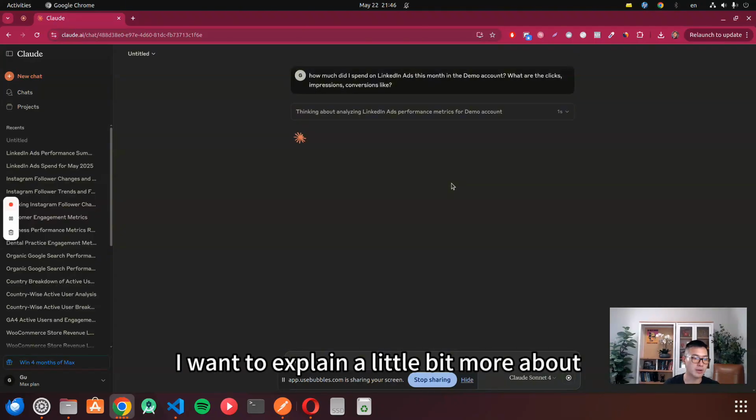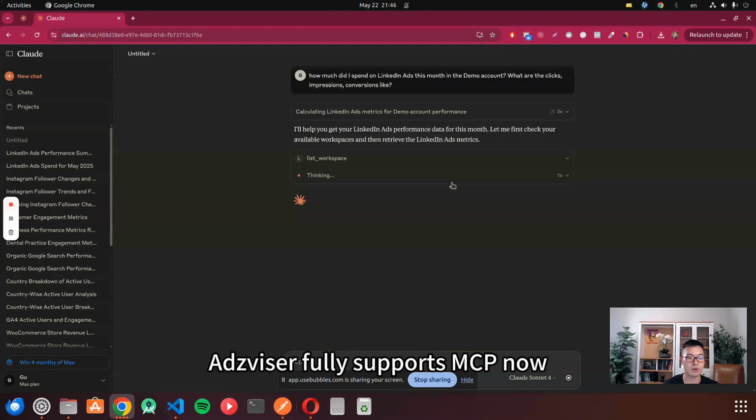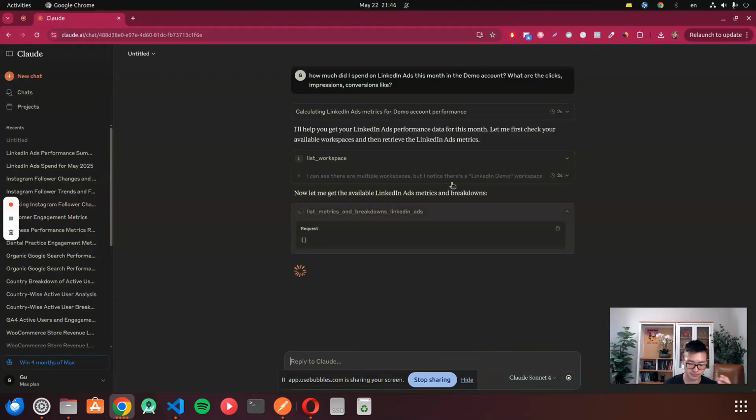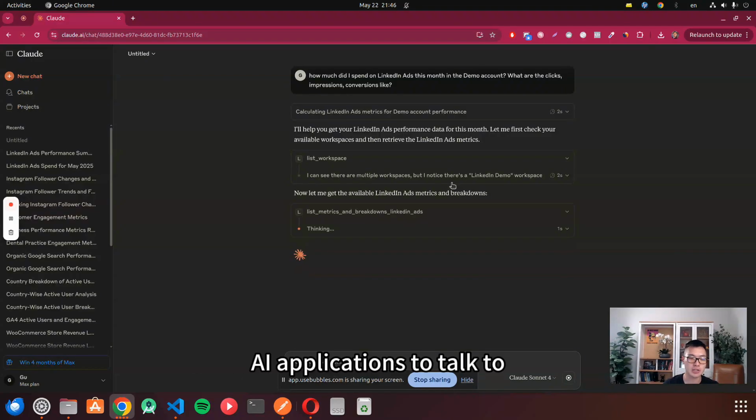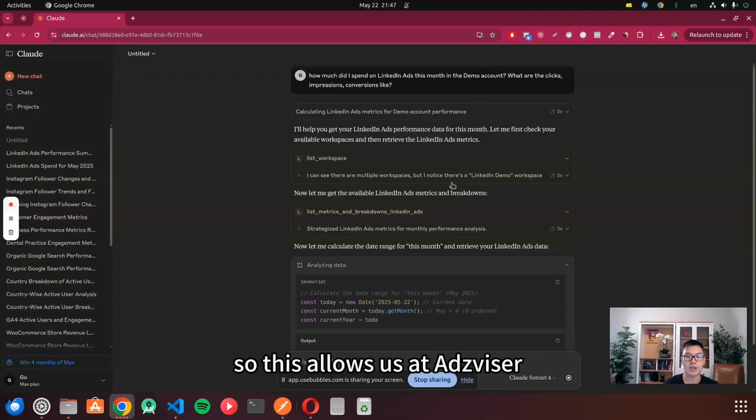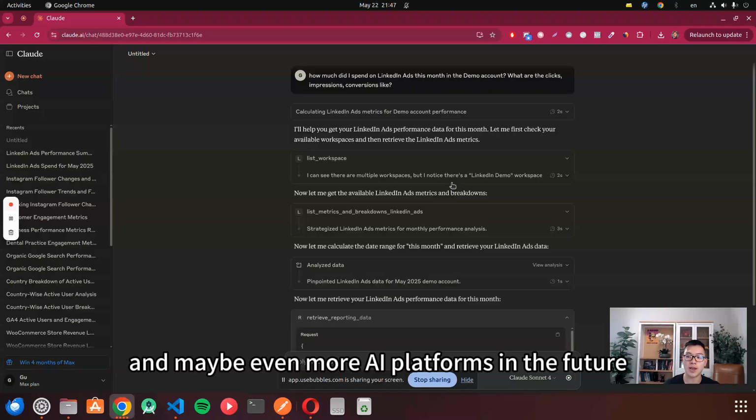In the meanwhile, I want to explain a little bit more about what is going on under the hood. So in May 2025, Adzviser fully supports MCP now, which is an open standard that allows AI applications to talk to data and then tools in a universal standard. So this allows us, Adzviser, to connect digital marketers' data to Claude and maybe even more AI platforms in the